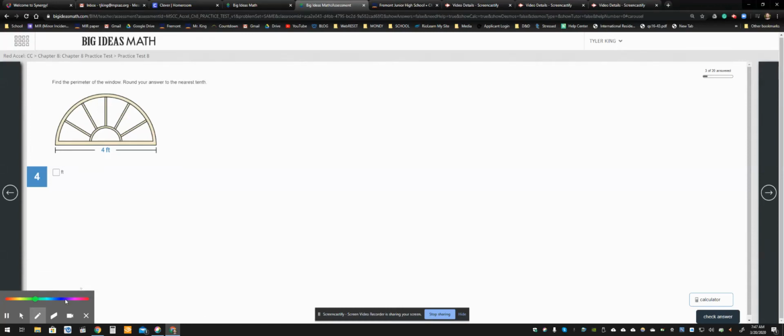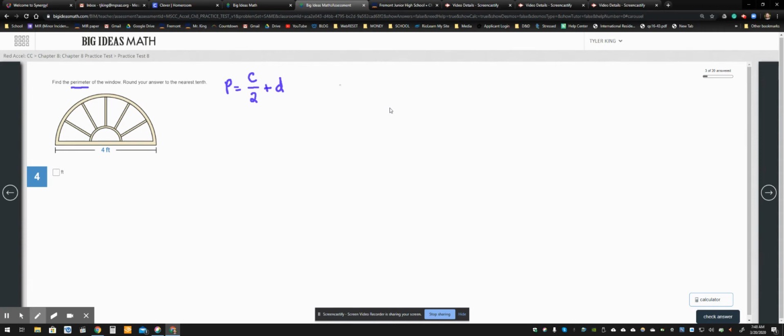Okay, so taking a look at this, we want to find the perimeter of the window, round your answer to the nearest tenth. Now, because this is a semicircle, we have a formula to find the perimeter of a semicircle. That is, perimeter is equal to the circumference of the circle divided by 2 plus the diameter. Now, we'll take a look at each of these pieces individually to make sure we understand where they're coming